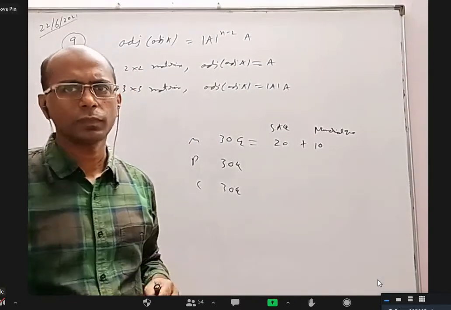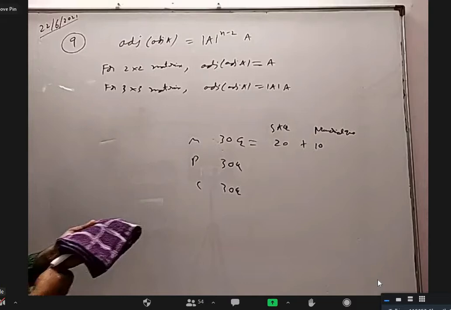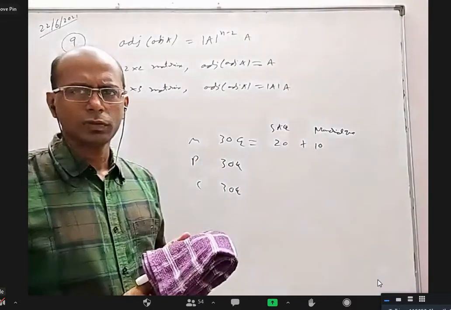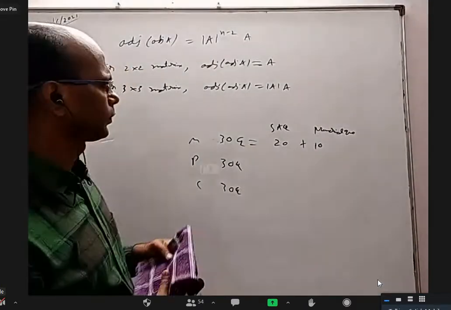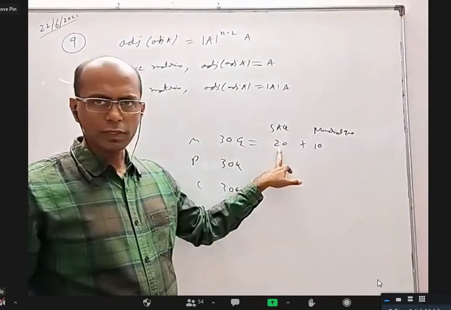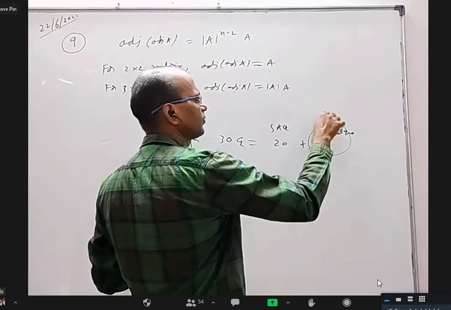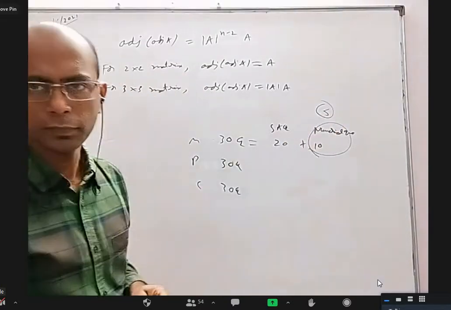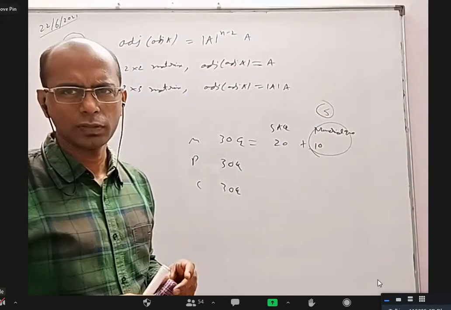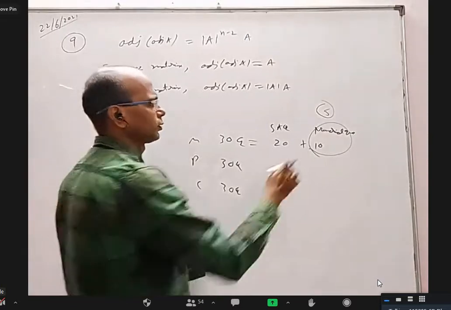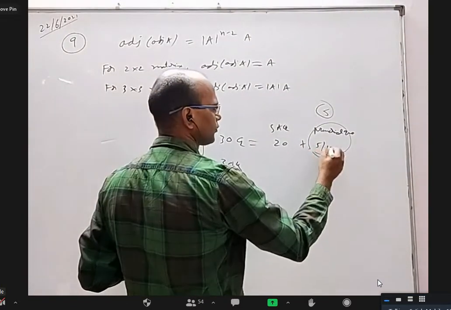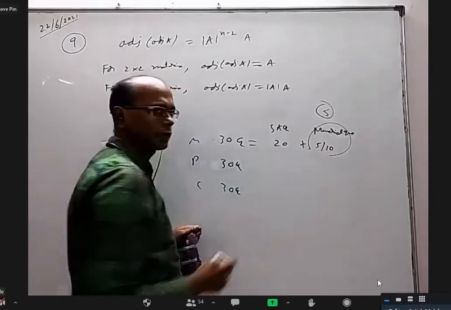Okay, sir. So the same pattern, right? 25 optionals and 5 numericals? No, 20 single answer will be there, 10 numerical will be there. In this 10, you can attempt any 5. Sir, 5 out of 10 numericals? Yes. This doesn't have any negative marking.